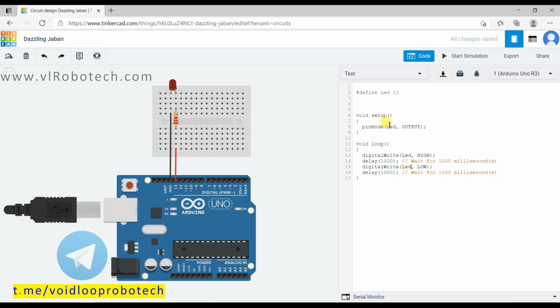Okay, here the LED pin has been initialized as the output, and here LED pin write HIGH, it means the LED will glow, and LED pin here LOW, it means the LED will be turned off. Okay, this is delay for 1 second. It will be held here for 1 second after the on position, and it will be held for 1 second after the off position. So it will take 1 second for on and off. Okay, now I will click on simulate so you can see the output.